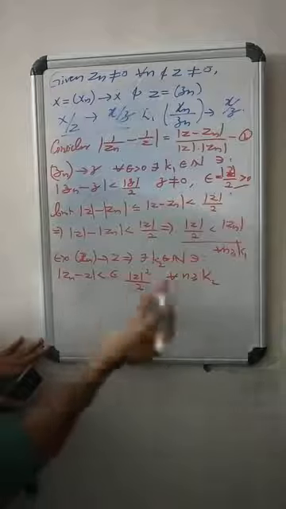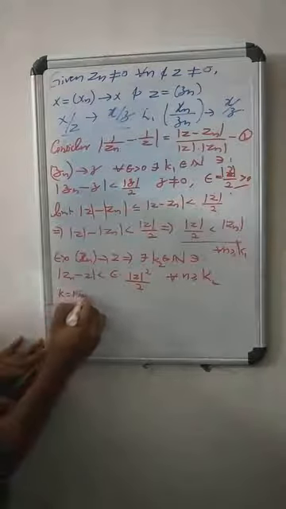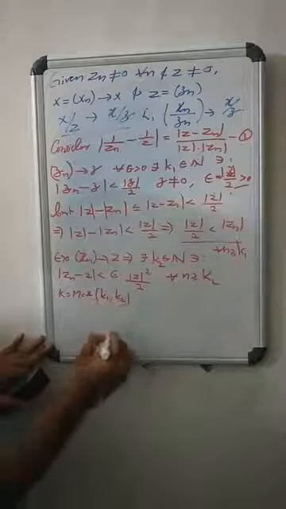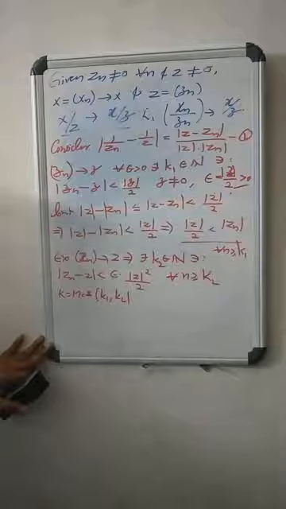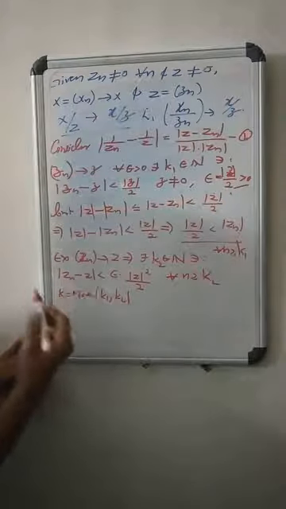Put k equals maximum of this k1 and k2. Then the above results are true for all n greater than or equal to k. Agree? Then,